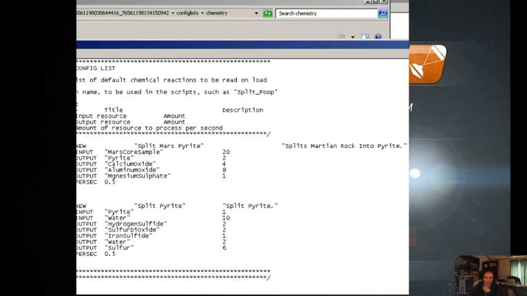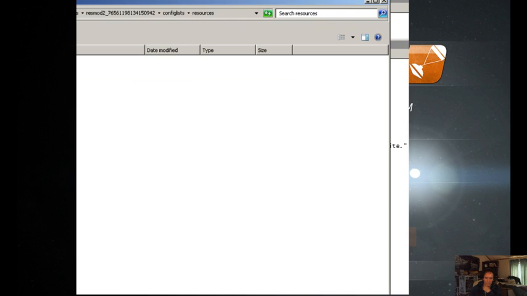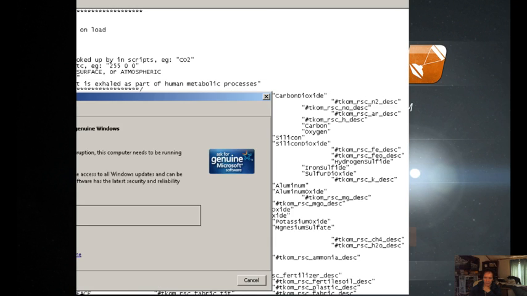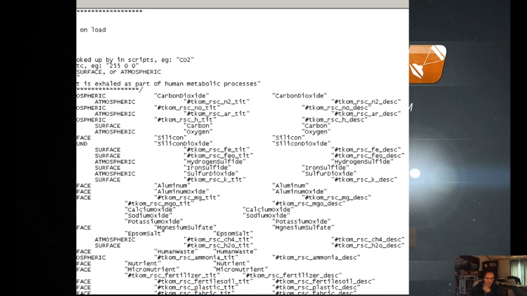Let me see something. Magnesium sulfate. I wonder if it's because of the name. No, that's not correct.